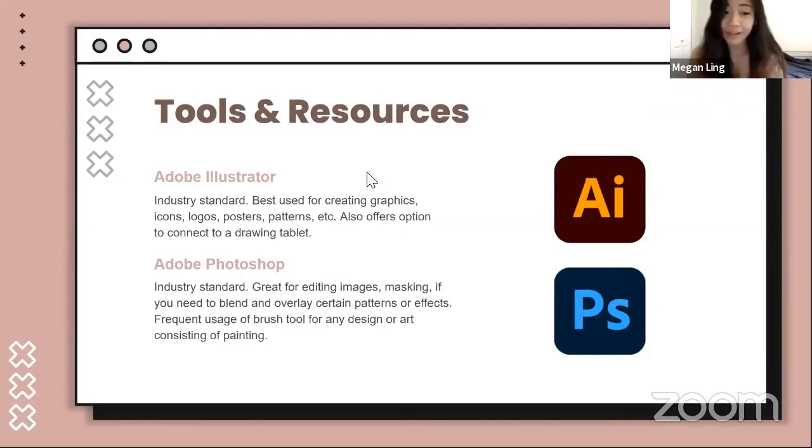I would definitely say that Illustrator is the go-to for creating graphics, art, and vector images that you can apply to different softwares. So I always have Adobe Illustrator and Photoshop open at the same time.